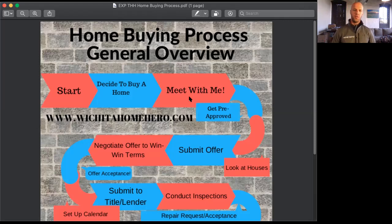One of the first important things you want to do is check out what your financial capabilities are, because the worst thing you can do is start looking at a house, get all excited about it, and then not be able to buy it. I hate it when that happens, where people get their hopes up, get all excited, and then they can't do it. So really the first step is to get pre-approved, and I recommend a local